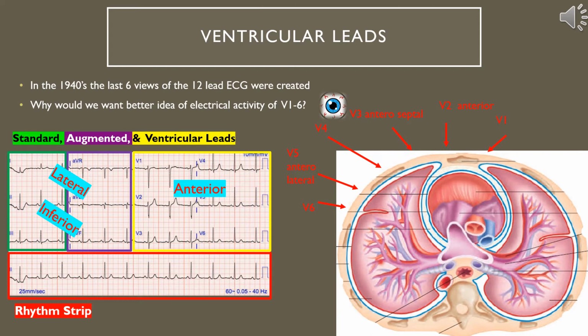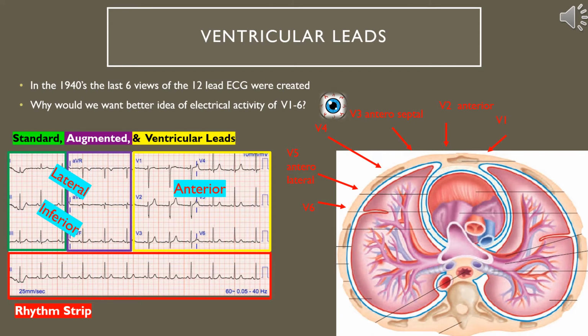So the way that you can kind of look as far as these V leads working, I have a picture here of the heart with the chest wall. V1 and V2, you see a good anterior picture of the heart electrical activity. V3 and V4, more so anterior-septal areas of the heart, and then V5 and V6, anterior-lateral visualization of the heart. Now this is kind of a progressive